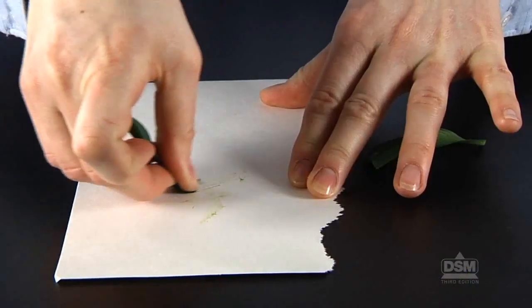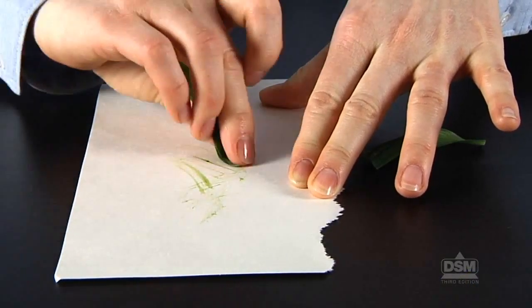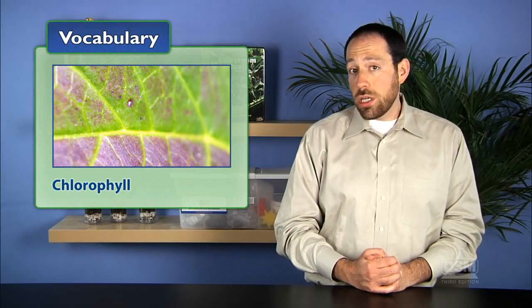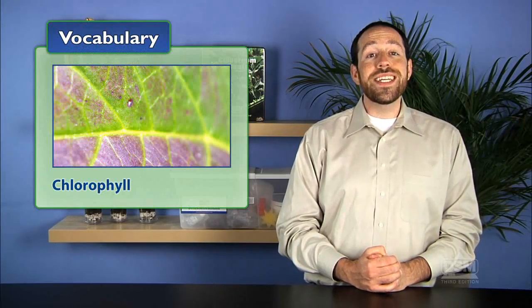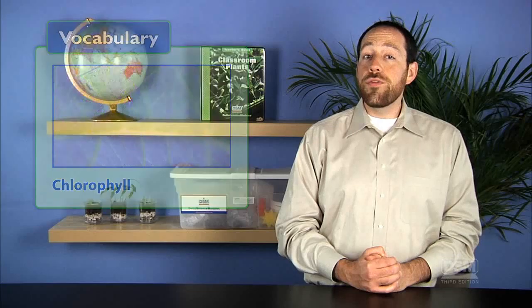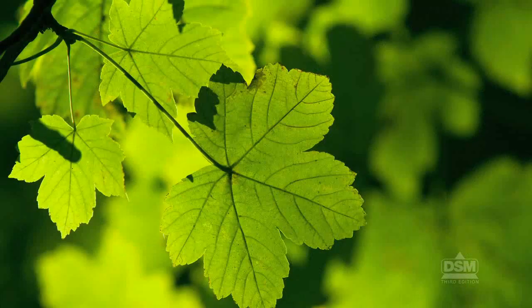Next, have students rub a green leaf on a scrap of white paper and observe the stain that results. Ask students if they have any ideas about what makes leaves green. Explain that chlorophyll is a pigment, a colored substance, which is found in plants and gives plants their color. Inform students that all plants contain chlorophyll. Ask students, what is chlorophyll for? Students should recall from Activity 1 that plants make their own food. Let the students know that chlorophyll helps leaves absorb sunlight, which they then use to make food that the plant